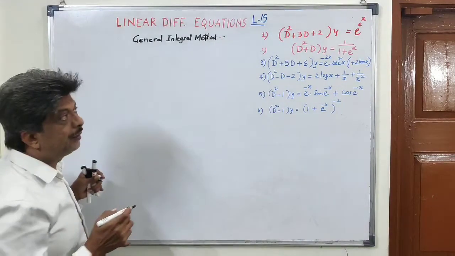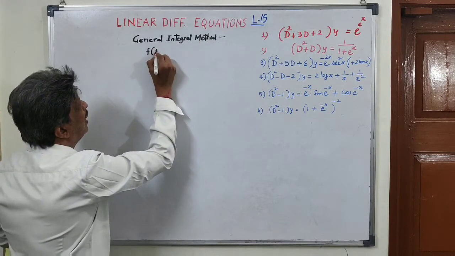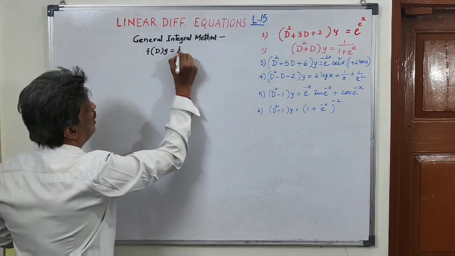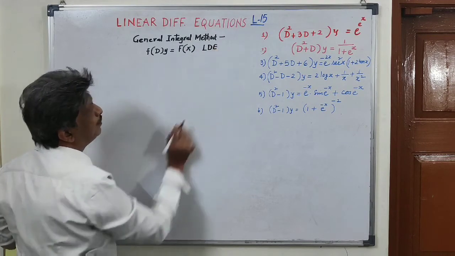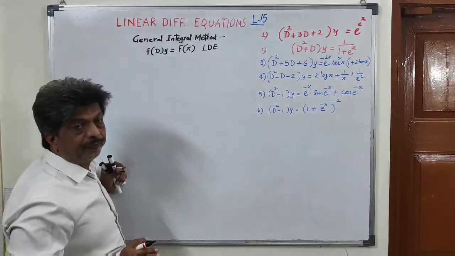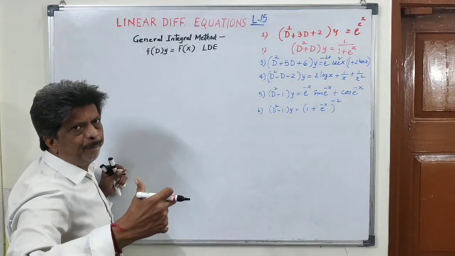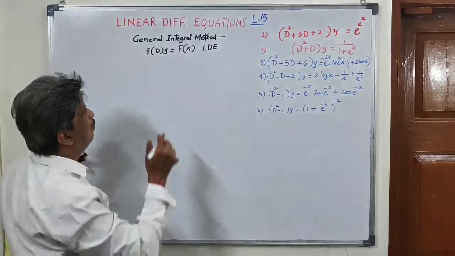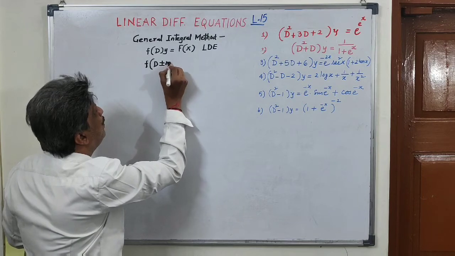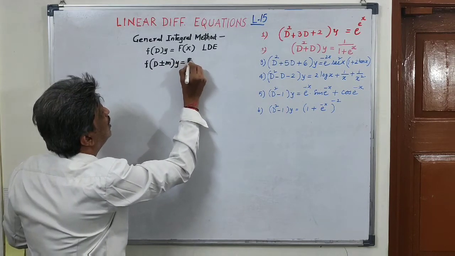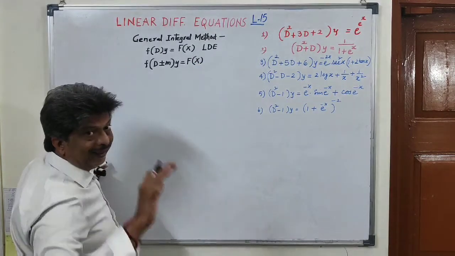The general integral method is: if f(D) y equal to capital F(x) is any LDE with constant coefficients, and if this f(D) is of the type D plus m or D minus m, for instance, (D plus or minus m) operating on y equal to F(x), where the right hand side is a function of x, then,